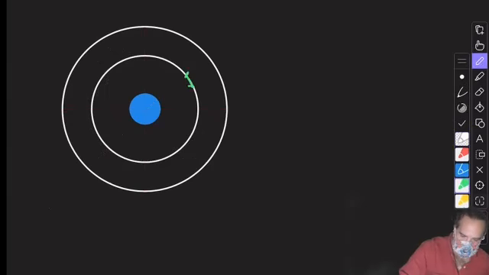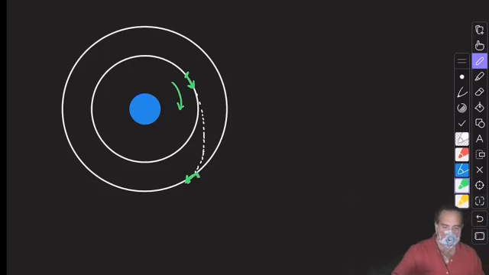First, if this is your ship and you're traveling in an orbit like this around a lower orbit, if you want to transition to a higher orbit, you actually have to increase your speed, which puts you in an elliptical orbit. But then when you get to the new orbit, the new place you want to go, in order to stay in that orbit, you've got to get to a speed that's a little different than what you might expect. This comes from looking at